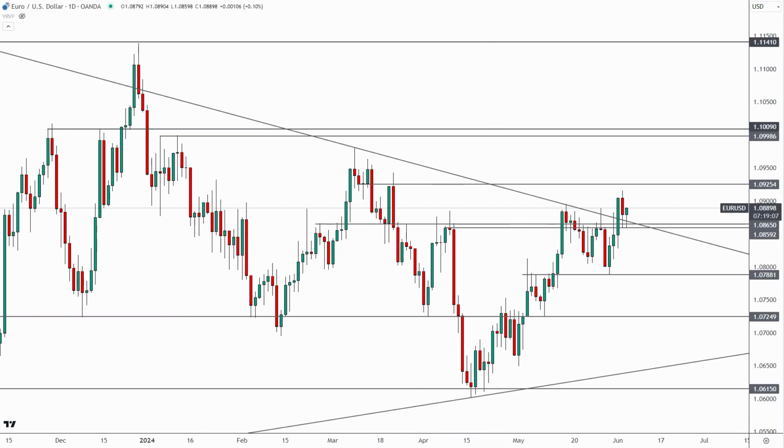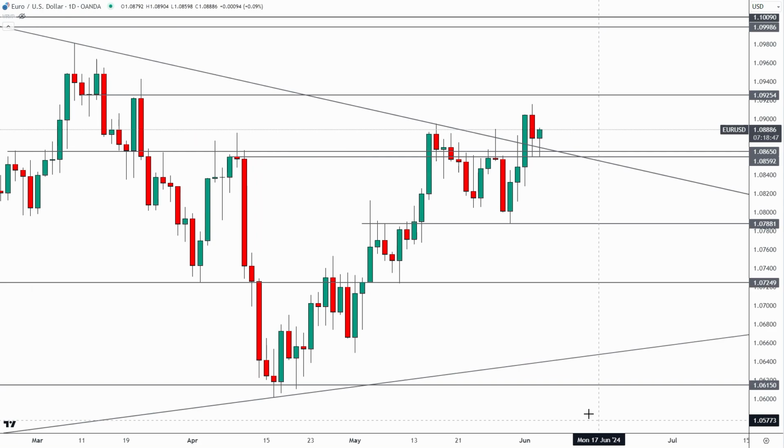Okay, and this is a great example of how effective fake outs can be. Now keep in mind, this was a fake out above this trend line, and it was also a fake out above these two highs right back here. Okay, so this shows the power of these fake outs when they occur. Now again, I'm not saying that this will happen again. I'm not saying that at all. But we do have to weigh out a bearish scenario just in case.